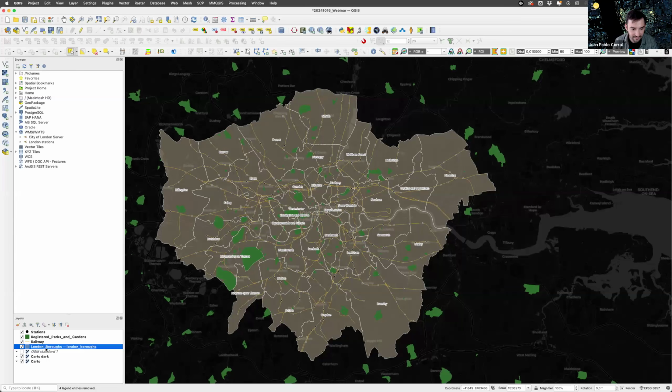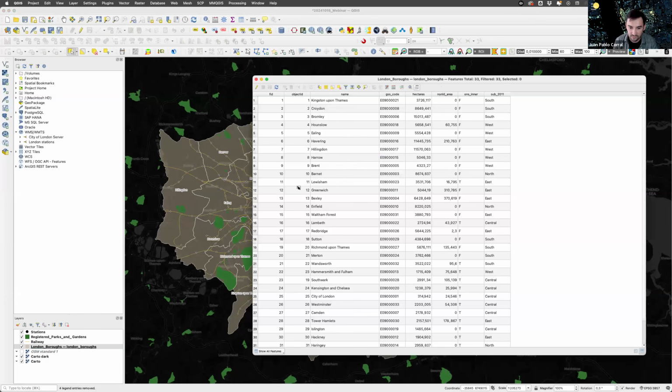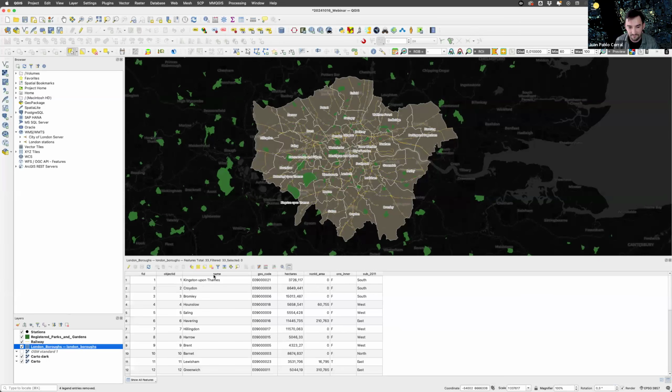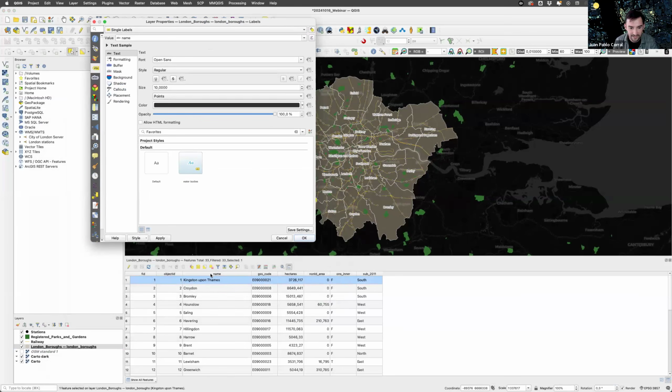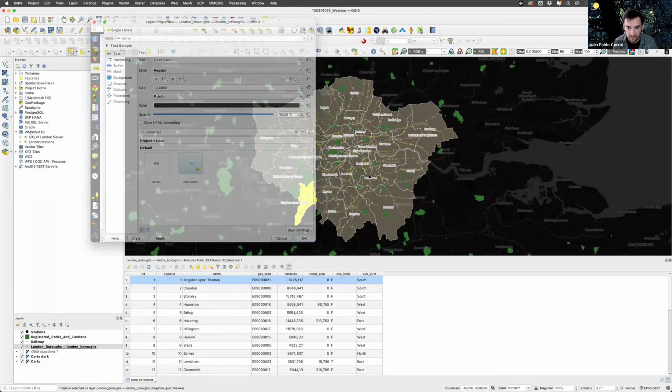And if you come back to the table, basically what it asks you is what is the column or the field that you want to use to show the labels here. So I use name, and this is all the data attached to each polygon. And if we go here again to labels, here you set the value. This is name, which is the same that I set here. So this is why this data is shown on your map.